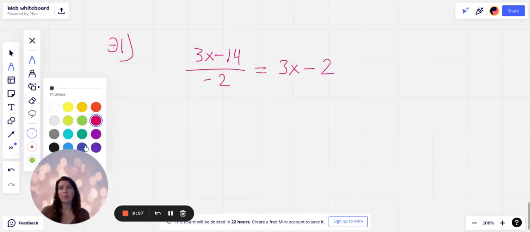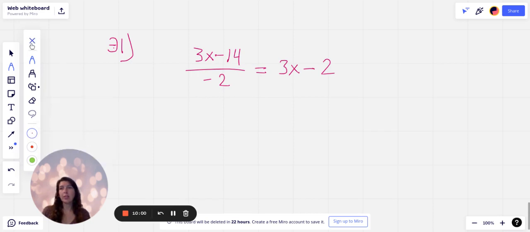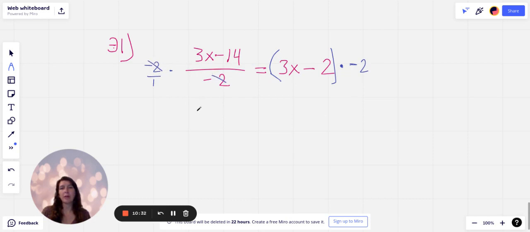So it's kind of using what we're learning in the next section. I'm going to multiply this by -2. And then this side, I also have to multiply by -2. Okay? So if I multiply by -2 on this side, remember that there's an invisible 1 under there. So I get to cross these out, right? Cross simplify. So then on this side, I'm just left with 3x